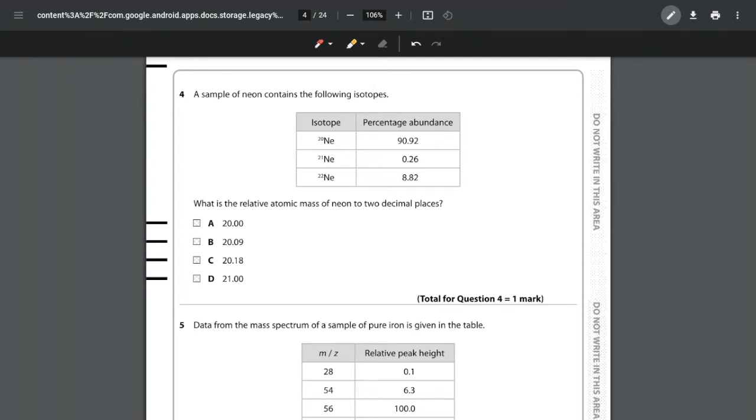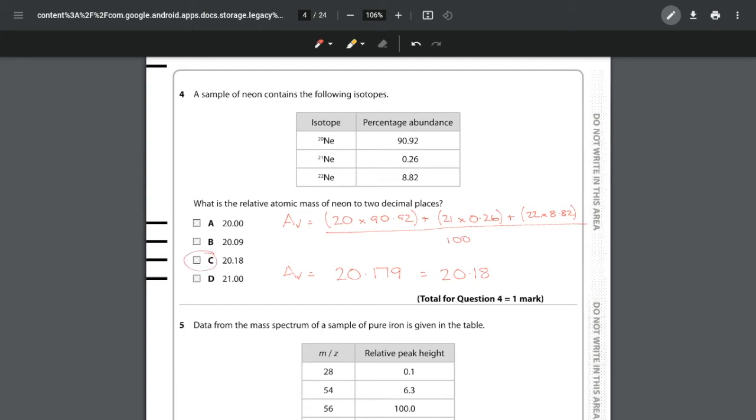It's just expanded to have 3 isotopes, so we can work out the atomic mass by doing the mass times the percentage abundance plus the mass of the second isotope times the percentage abundance, and the same for the third isotope. And we can divide that all by 100. You can plug all those numbers into your calculator and you get an answer of 20.179, but of course we want it to 2 decimal places, so that's going to be 20.18,